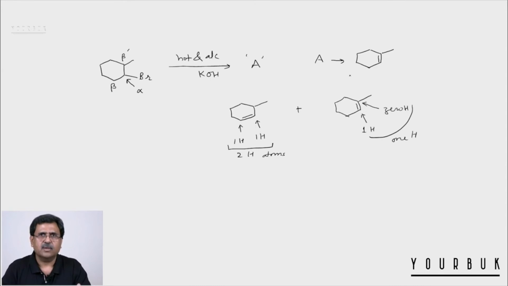Now the next question is, what is the use of this reaction? What is the use of dehydrohalogenation? We use the dehydrohalogenation reaction whenever we want to change the position of the functional group. Suppose you have a question to convert 1-chloropropane into 2-chloropropane or vice versa. You have to proceed via alkene. And in organic chemistry, as far as your syllabus is concerned, the two best methods to prepare alkenes are either dehydrohalogenation or dehydration. Since you already have an alkyl halide, you prefer dehydrohalogenation. So I will discuss one or two examples with you on how to use this reaction in conversions.